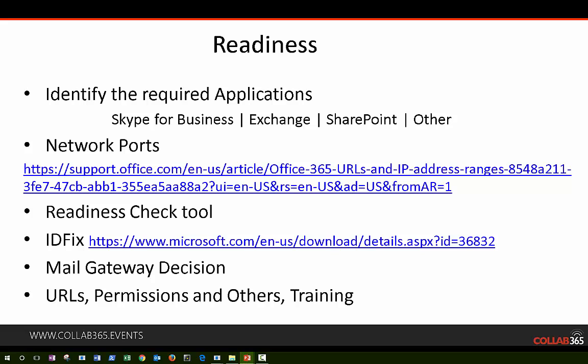So where you have to plan, what are the things we have to decide? That's what we're going to see. First thing, we would like to decide what applications we would like to deploy. If you have an Exchange requirement, Skype for Business, SharePoint, Exchange Online, or any other particular requirement which you would like to use in Office 365, we have to decide that first, and based on that